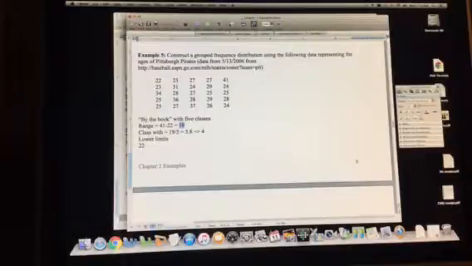Now, to find the class width, you take your range and divide by your number of classes. You look at that result. If that result comes out to have any decimal on the end, you need to round up. So in this case, we came out with 3.8. We need to round that up, and our class width is going to become 4, because we want our class width to be the same